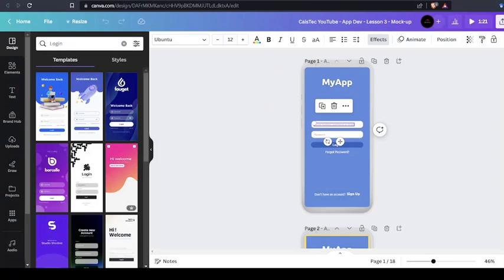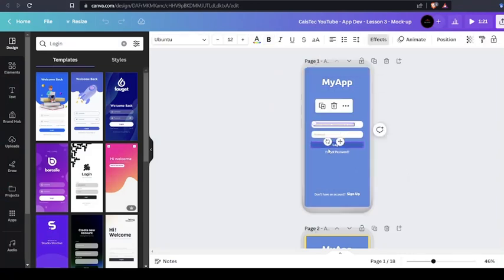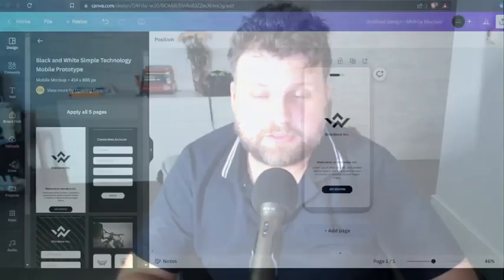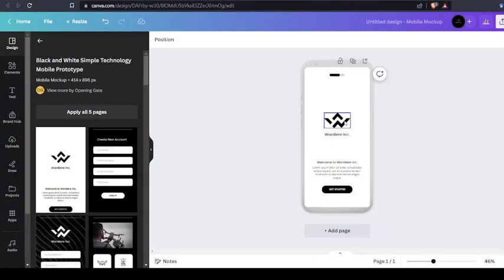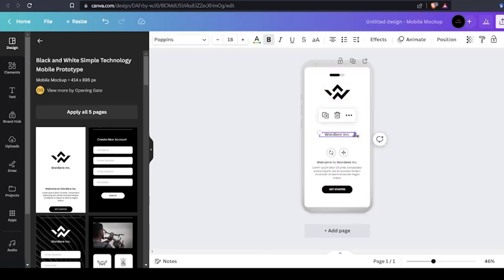I started making this app by creating a mock-up of it on Canva. This is a web tool that allows you to create conceptual designs of an app before you actually code it up. They have lots of free templates for apps, websites, and lots of other things you can customize. You can drag and drop items, change their color, and generally make it how you want it to look. Using Canva, you can create the entire story of your app, how each screen is laid out, and how they